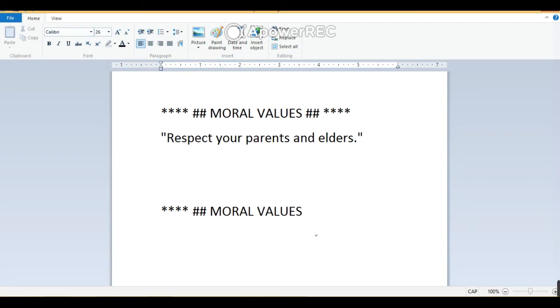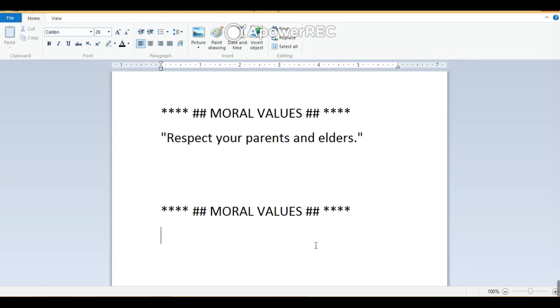Then again need to press the caps lock key to turn it off. Then again space bar, again press and hold the Shift key and press number 3 key 2 times, space bar, then press and hold Shift key and number 8 key 4 times to get 4 star symbol. Then need to press the Enter key.